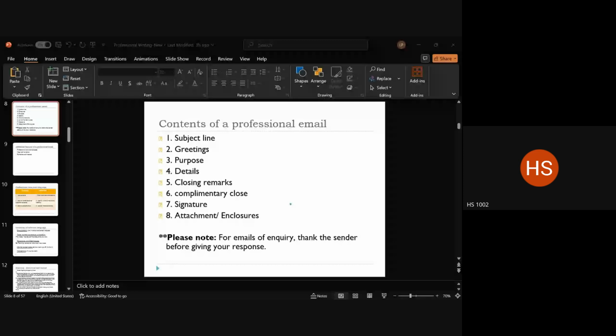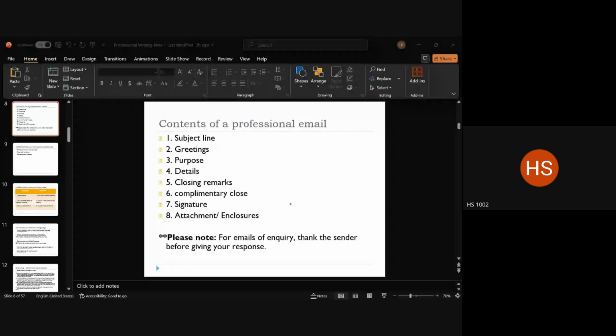And closing remarks is a very important part in any professional email. So that is also necessary. Why do we need it and all? We'll discuss while we are looking at that part. For the time being, this is again after the purpose line and the details sentence. The next sentence, which is the final sentence in the professional email, is the closing remarks. That is then followed by the complimentary close, right? Wherein you say best wishes, regards, sincerely, etc. That's called the complimentary close, followed by the signature.